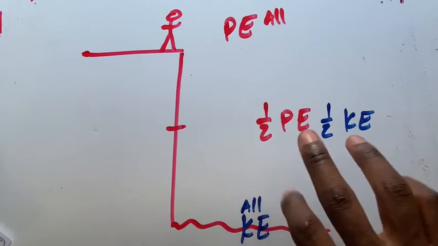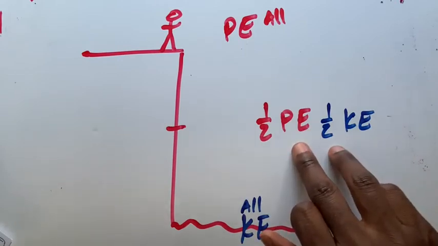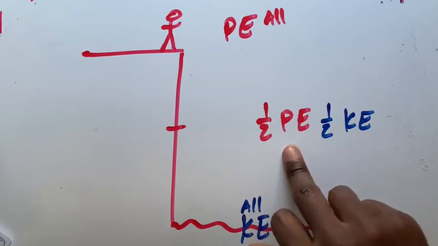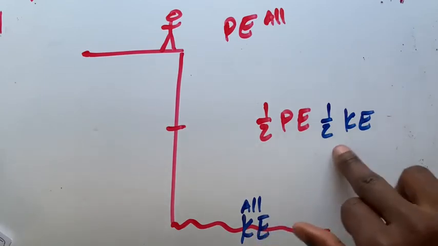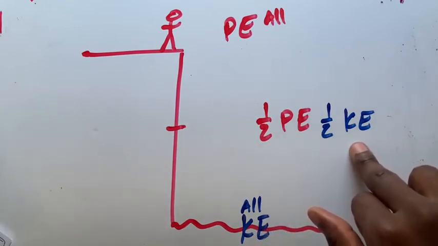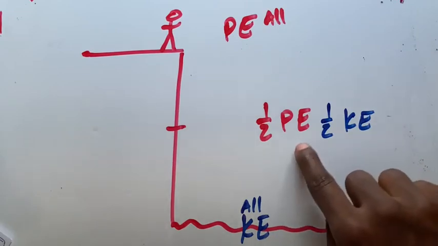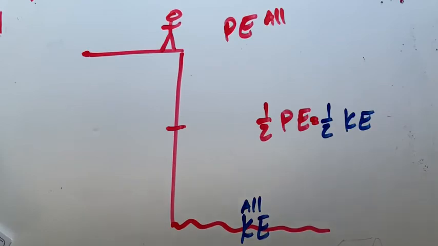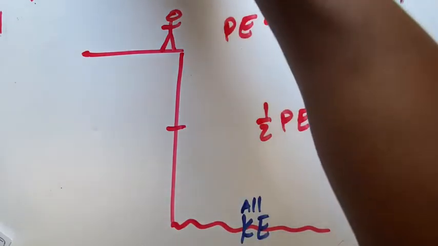So basically, they're going to be equal, so that's true. The potential energy is halved, that's true. And he's also gained some kinetic energy equal to half the initial potential energy. So the answer to 15 is going to be all of the above. Number 16